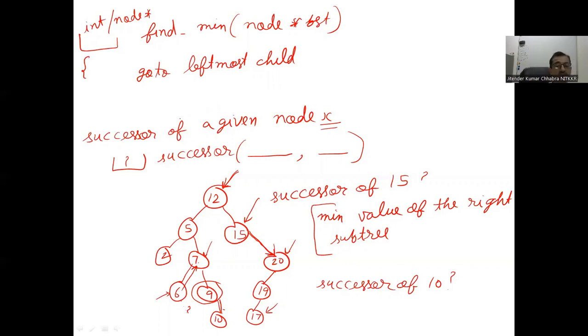So it cannot be the successor. So I have to climb up many a times. From 10, go to the parent. As I am the right child of 10, right child of 9, still successor not available. From 9, again go up. I am still the right child, again go up. I am still the right child, again go up. I am now the left child. So if I am the left,